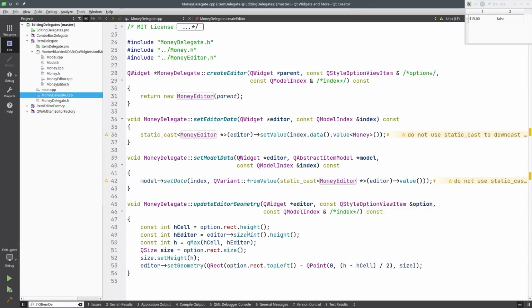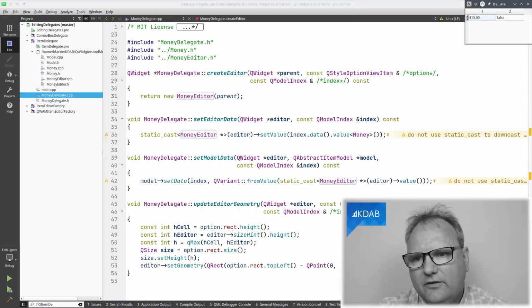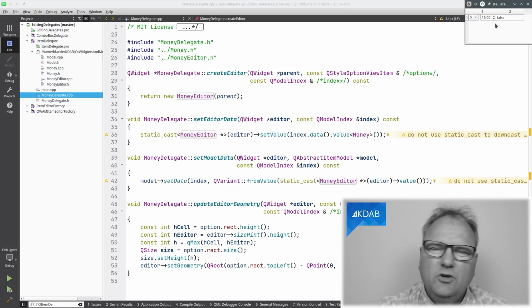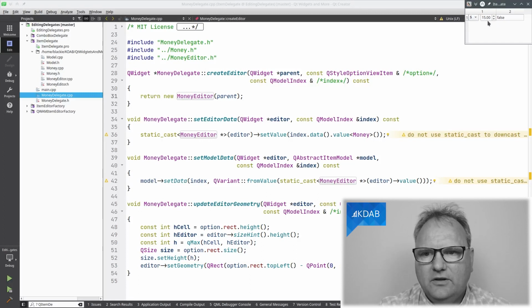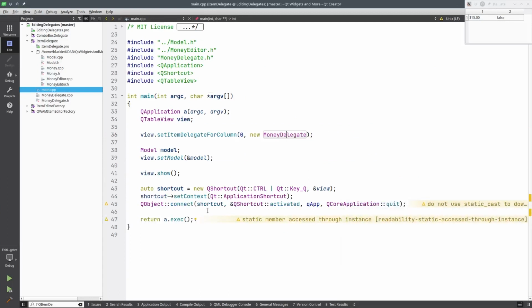My update geometry, you can look at that yourself. That's just to make sure that even if I make my cells, or my rows, really thin, see if I can do that, then I will get enough space. You can see it goes outside of the row. You might need a magnifying glass to see that, but it goes outside of the row here to be able to edit the data.